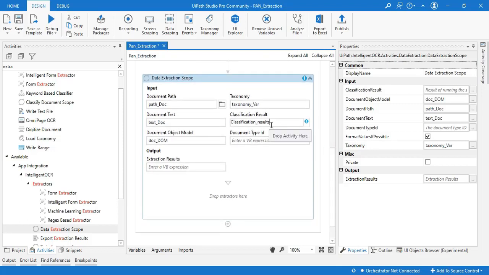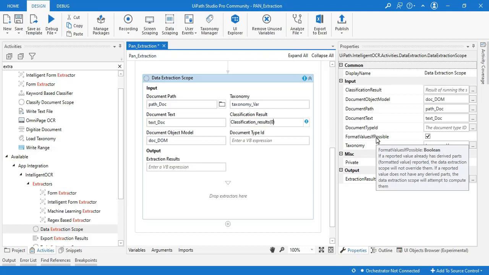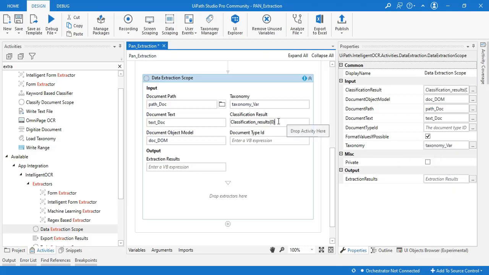This classification result variable is a type of array, and we are going to use just the first iteration of it. So I'll put 0 and we are pointing to the first item in this array. The output would be, let's call it raw data extract. We are calling it raw because the validation and approval is still pending.